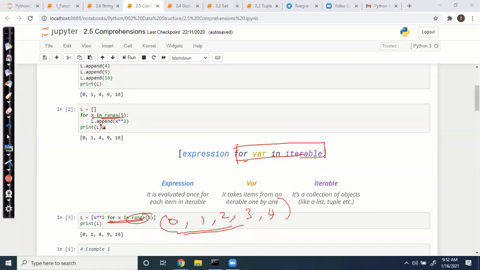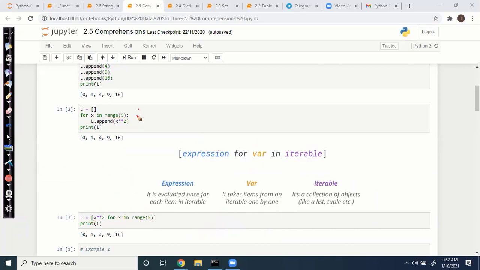After that, we give the expression below, right? Instead of below, before the for we have to specify the expression here like this. So you see the difference, right? The same function we wrote in two lines, but here we create it in a single line. This is called comprehension, the compact way. First is the for loop for iteration, then we specify the expression.